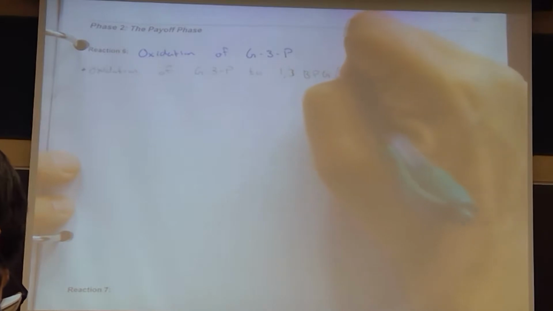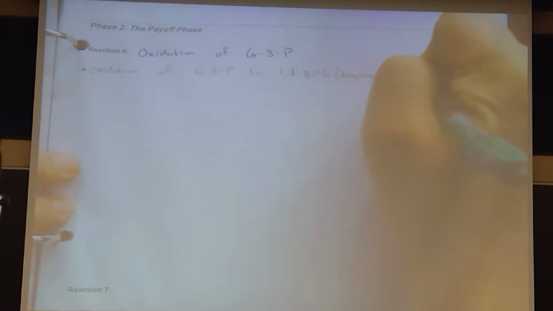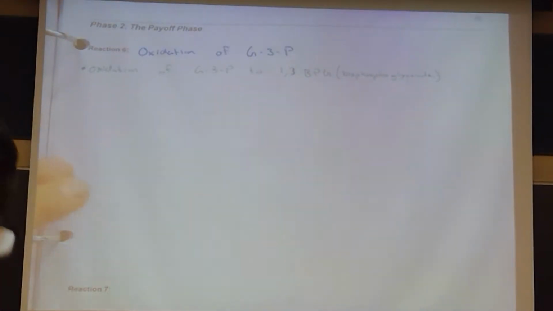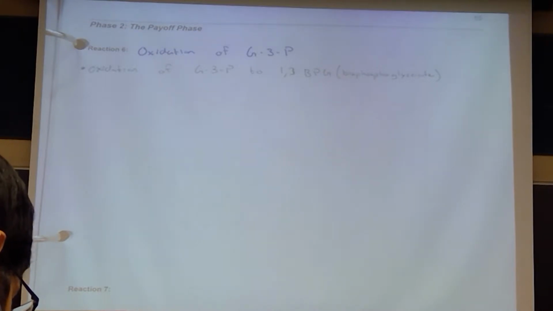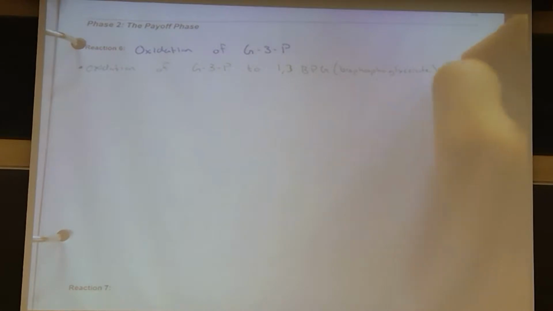1,3-BPG should look familiar. Where have you seen BPG? Where you were listening to people talk about, right? It facilitates the release of oxygen from hemoglobin. Was that 1,3-BPG? 2,3-BPG. It is a regulatory molecule that allosterically binds hemoglobin, favors release. Doesn't bind oxygen. So we have oxidation of G3P to 1,3-BPG, and this is coupled to the reduction